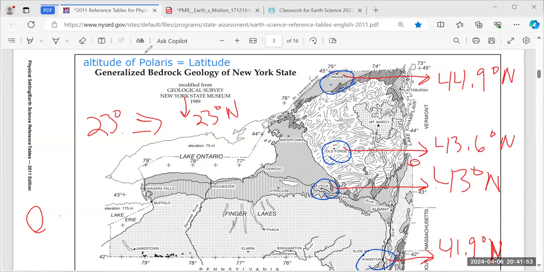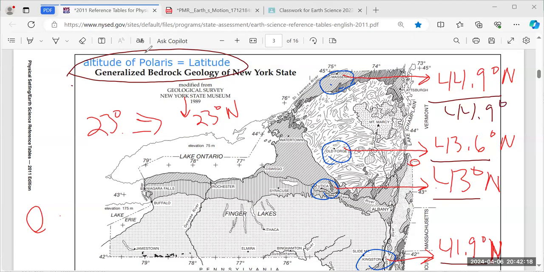Well, we just said that the altitude of Polaris is equal to your latitude. So if we're looking for the city that has the highest altitude of Polaris, then that means we're looking for the city that has the highest latitude, right? And so the altitude of Polaris for Massena would just be